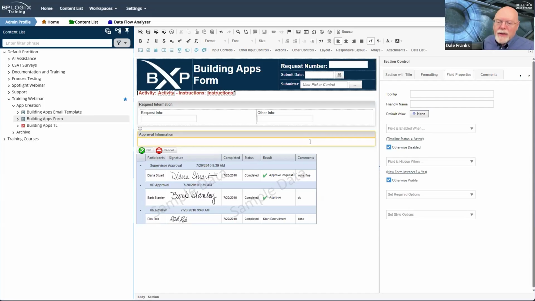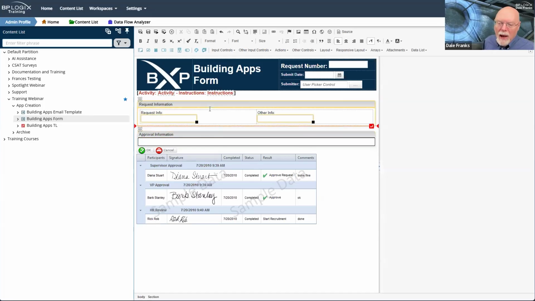Now, at this point, now that we have these conditions, we probably want to ensure that this thing works. So we're going to want to do a little bit of testing. And a really great bit of advice anytime that you are working on a form is to run it and test it so that you can see that your conditions are true.